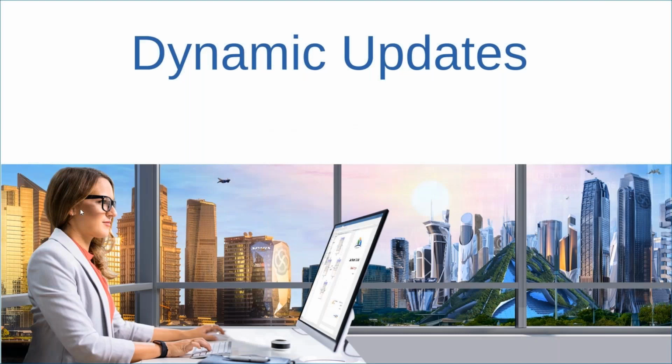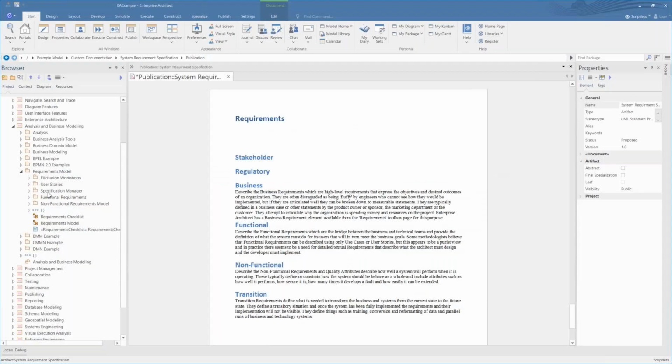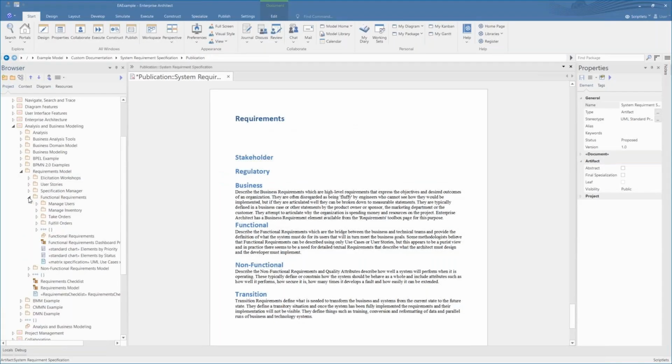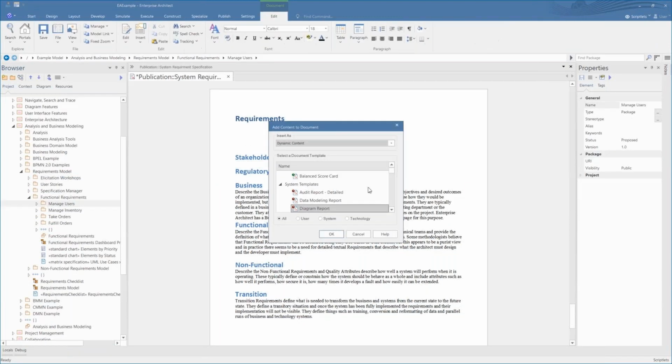Now, the next thing that's really cool is the dynamic updates. You can see that there's a section here called requirements, and I'm going to drag Manage Users from the browser, and it automatically brings up this dialog. This dialog allows me to insert as dynamic content, and it provides a number of different document templates to choose from.